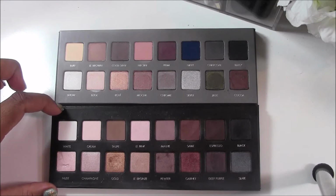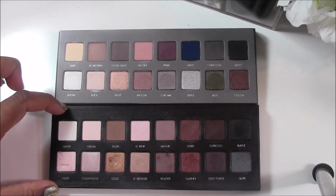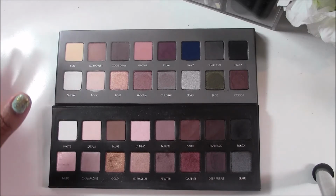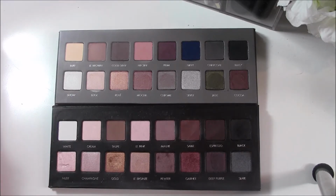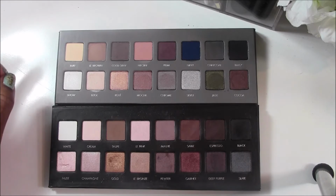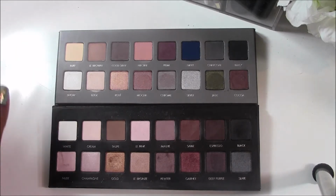So this palette is just my go-to everyday neutral smoky eye look, this is my favorite palette to use. What's really nice about the palette, I was a little concerned when I picked it up. I was not sure if the sequel was going to live up to the original, because I have to say the original is phenomenal, but just in swatching and playing around with this just a little bit, the sequel is